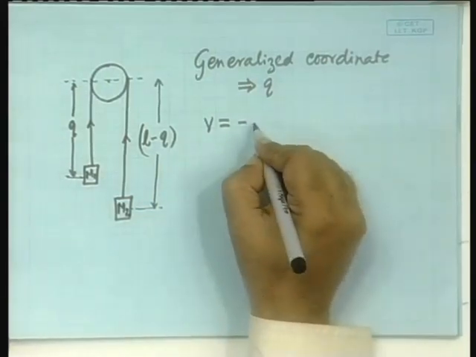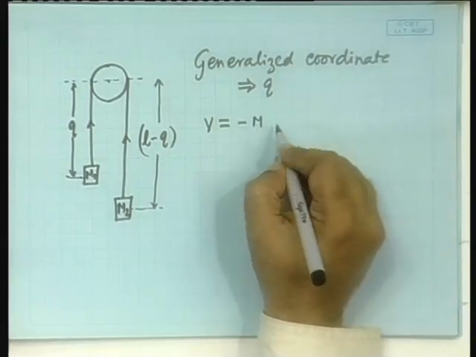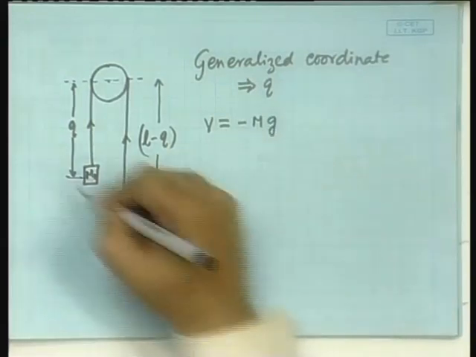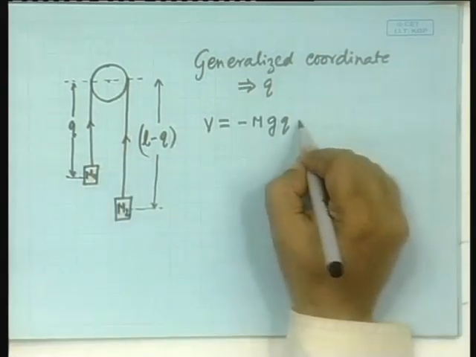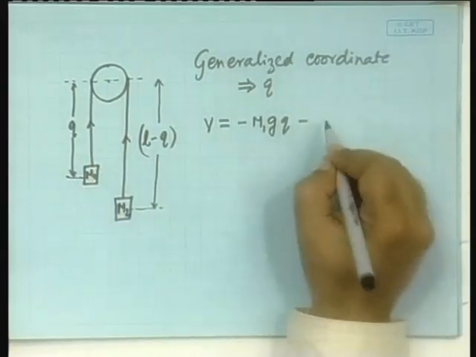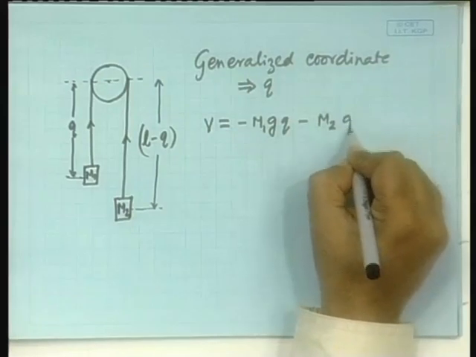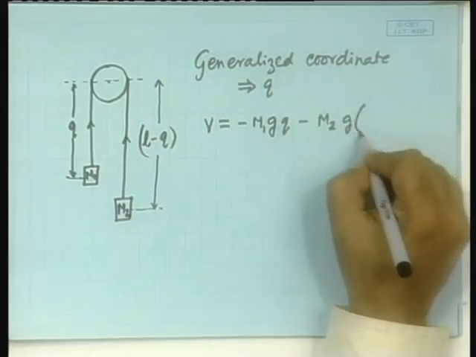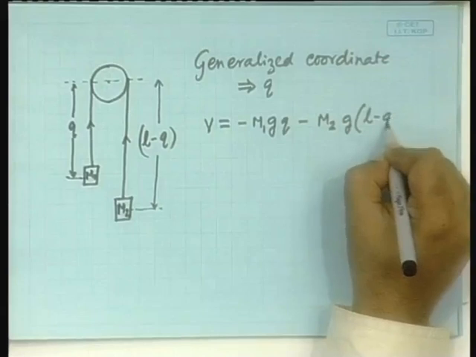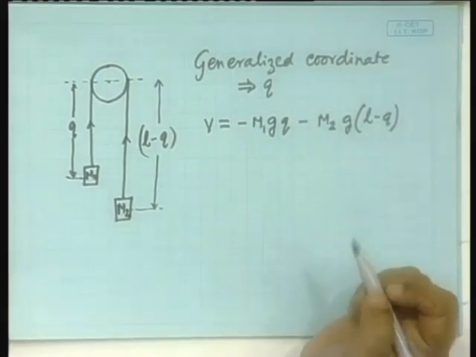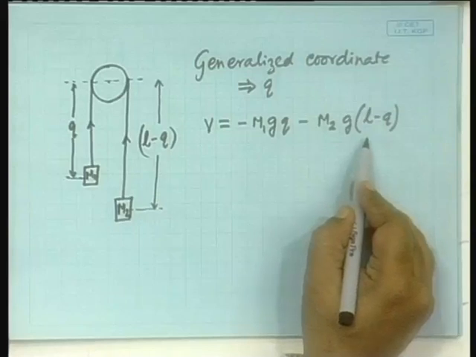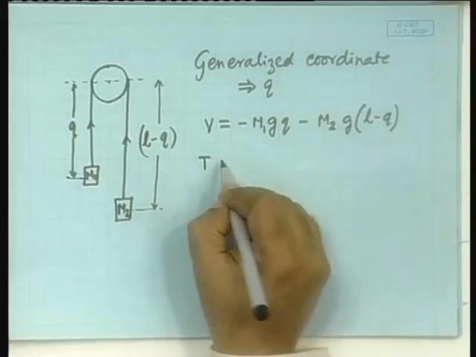So, you have minus M1 G Q for this one, and minus M2 G (L minus Q) for this one. Okay. So, that is the total potential energy, and the kinetic energy is